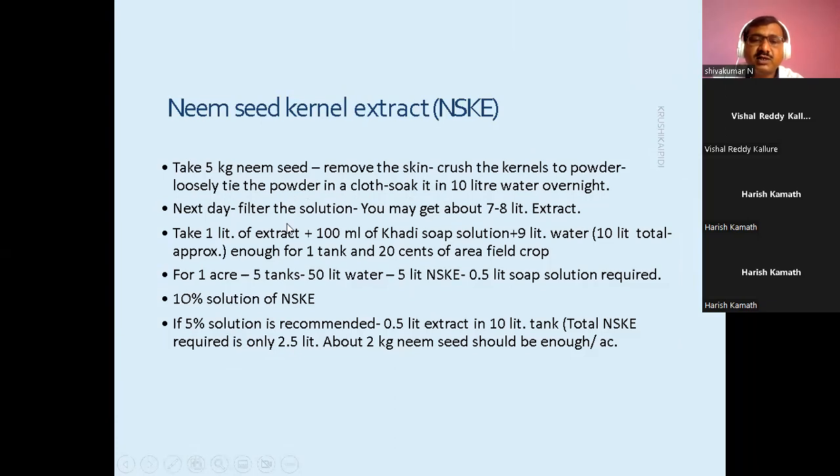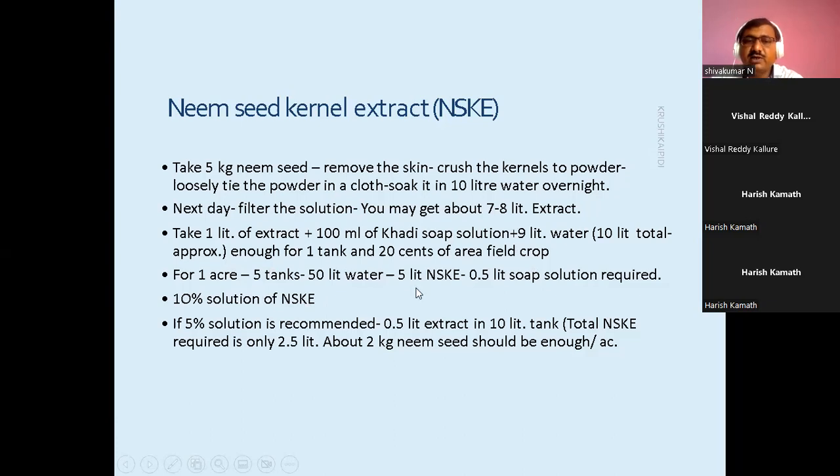Next day, you can filter the solution. Finally you will get 7 to 8 liters of extract. Then you add some soap or shampoo, one or two sachets of shampoo, and then mix it with 9 liters of water, 1 liter to 9 liters. That is almost 10%. Then you can take up spraying in the field.